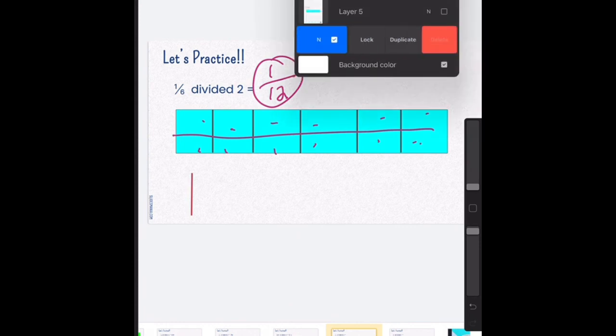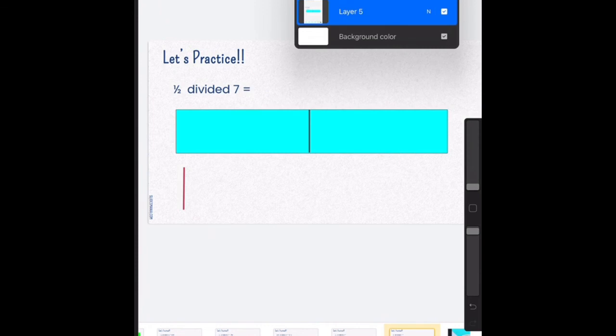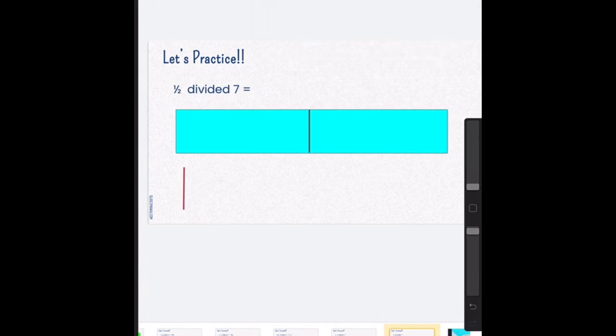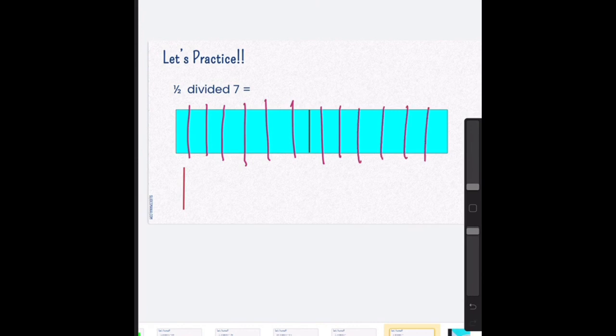And the very last one, 1/2, so here's my box cut into half, divided by 7. So I got 7 here, 14 there, so 14 total, but I start with the unit fraction, I end with the unit fraction. So that should fill all your slides up